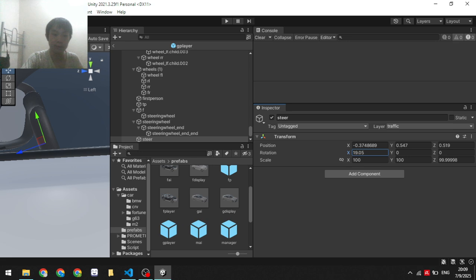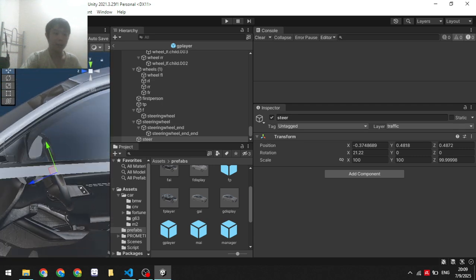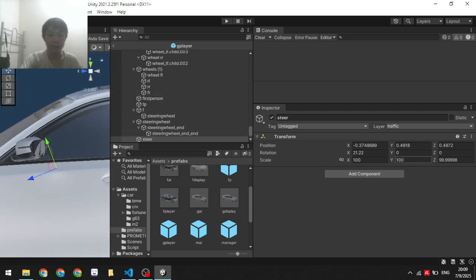I think it's called the slope. In Indonesian it says kemiringan, but never mind. So we just got that, and then we drag it all the way to here, the logo, and boom, we're already done with the steer.